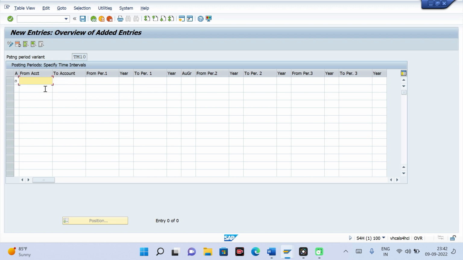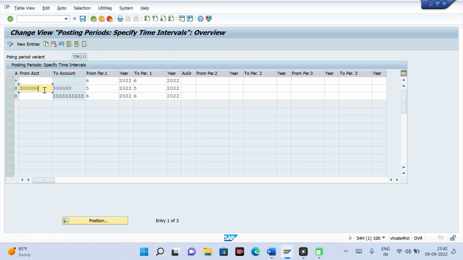So yes, 3 lakh, 3 lakh, period 5th, for example 2022, 5th 2022. Now what I am doing for this period is separately opening and closing.